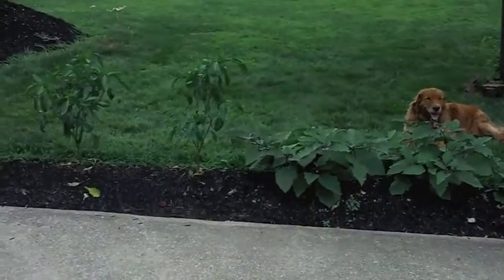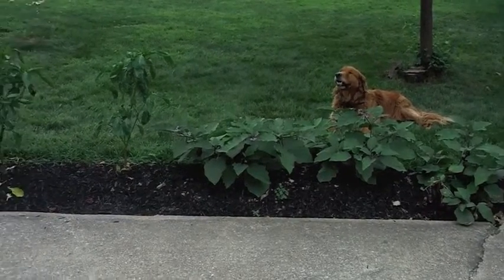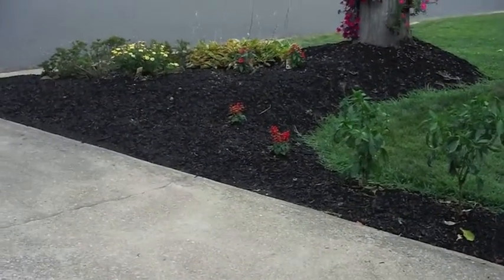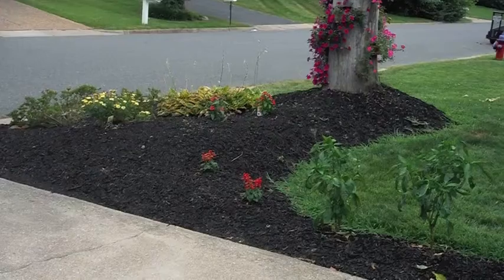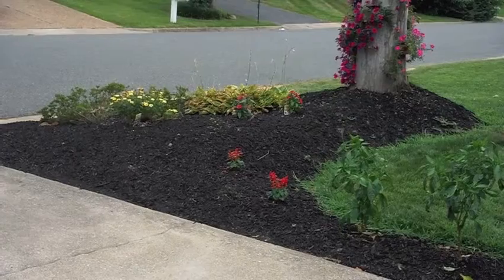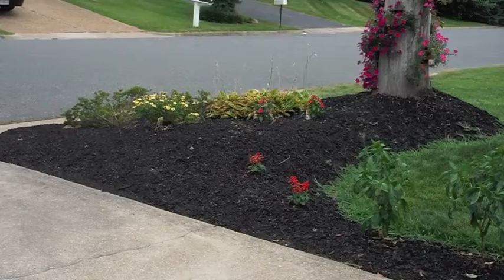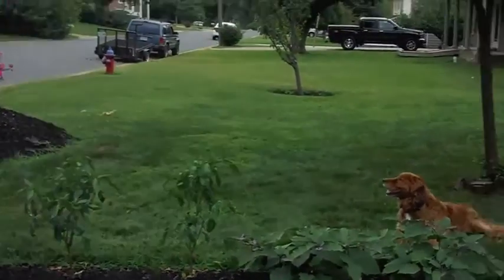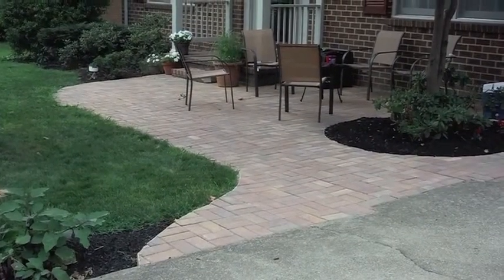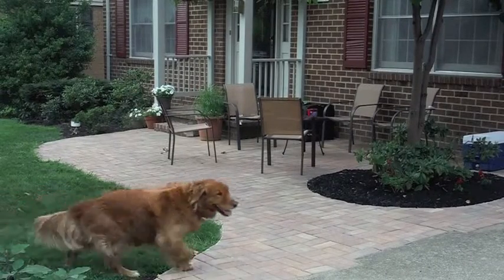What I've got here, and the dog is being lovely here, is eggplant. And then we have green bell pepper, and then pretty flowers, just to show off things. And I saved all of the bulbs that had been out in that general area and replanted them so that in the springtime we'll have lots of flowers coming up there. So that was part of the process of disposing of all of the 6 to 8 inches of soil and subsoil. So then, with that excavation complete,